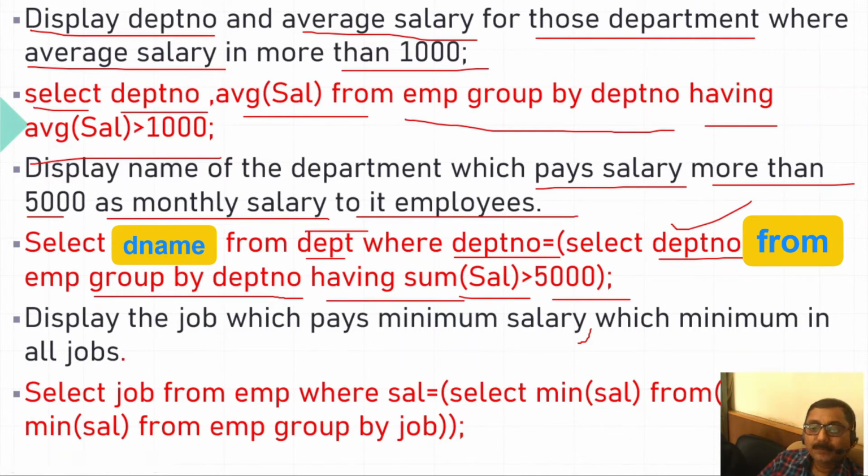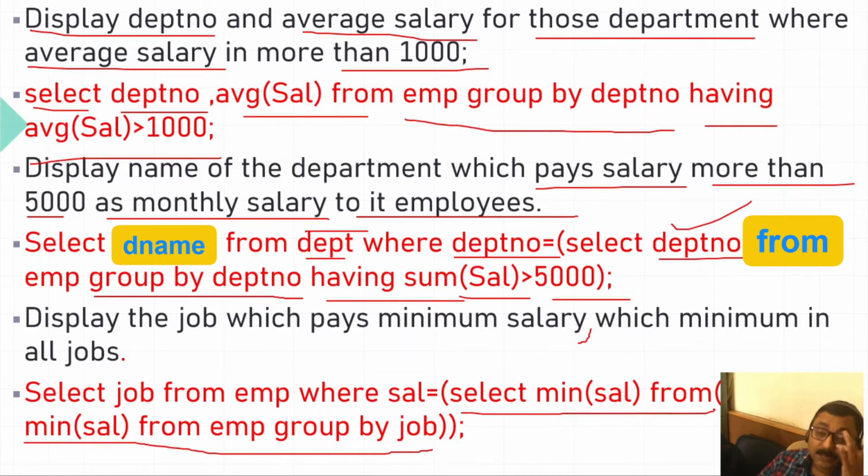See it here. This query will be giving minimum salary job wise, and then from that, this query will bring the minimum, and then this query will bring that job which equals this minimum salary.